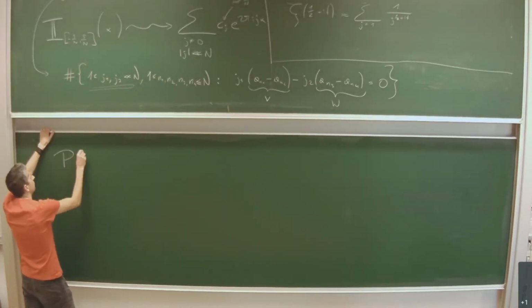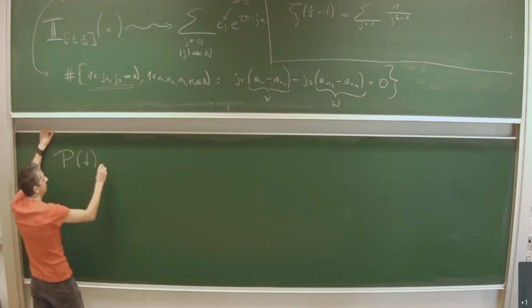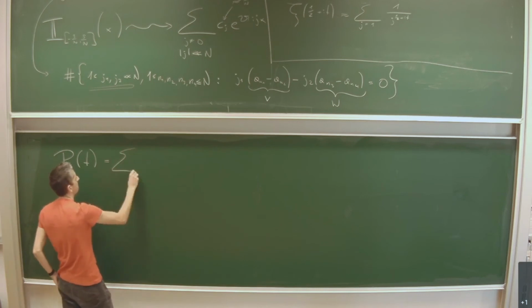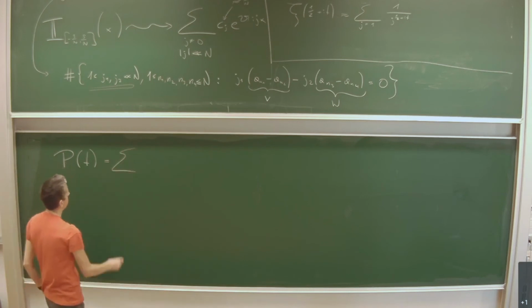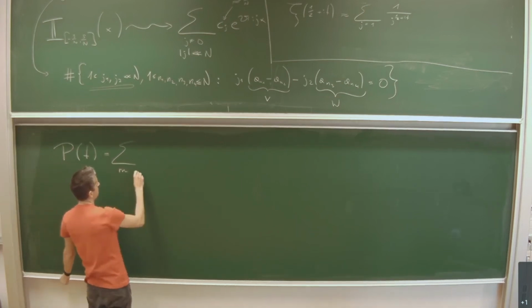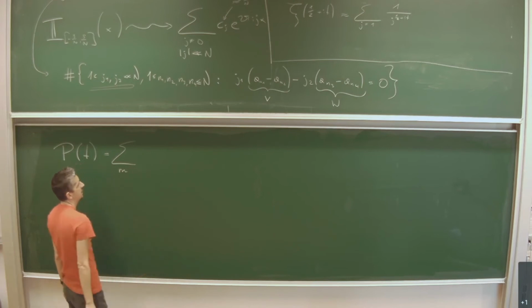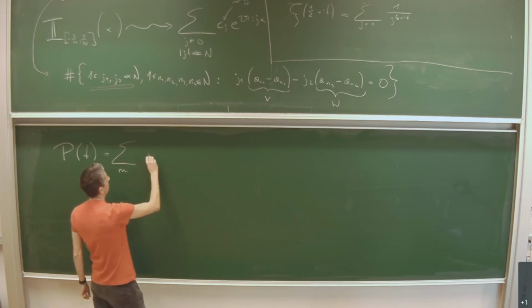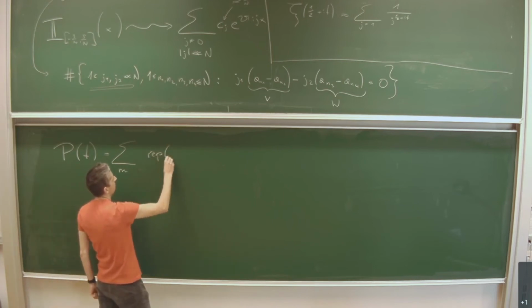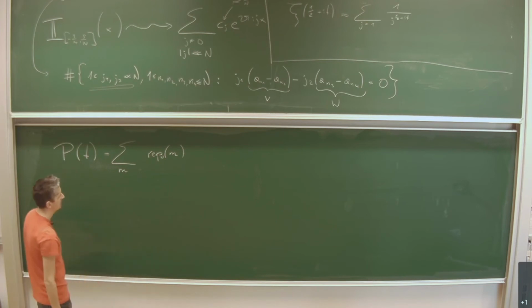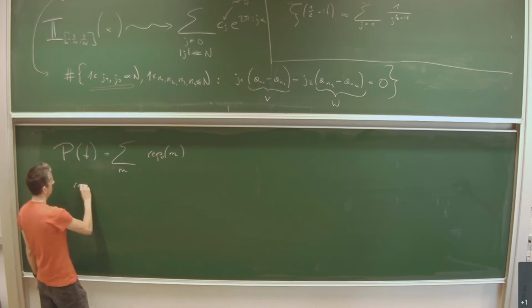Let's define some auxiliary function p of t. This is a summation of all integers m that can be represented as a difference of two elements of our sequence an. And then we take here the number of representations of m up to index n as a difference of elements of our sequence. So this counts